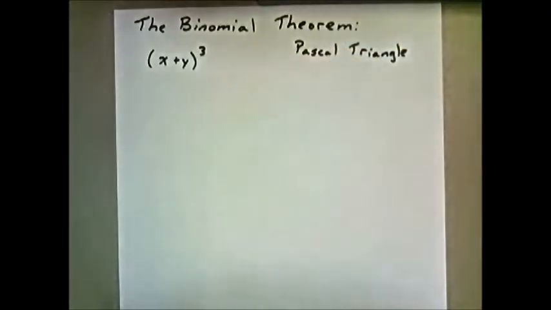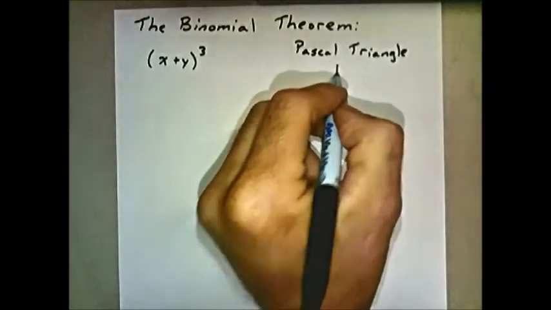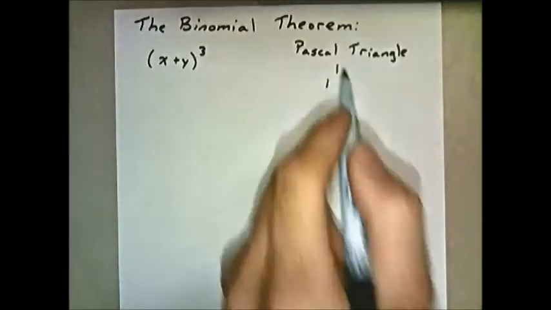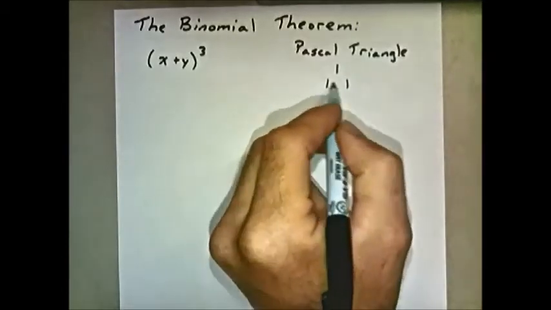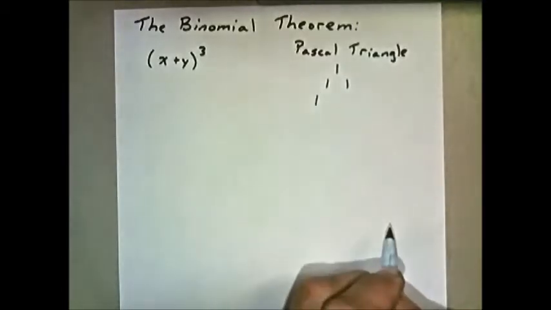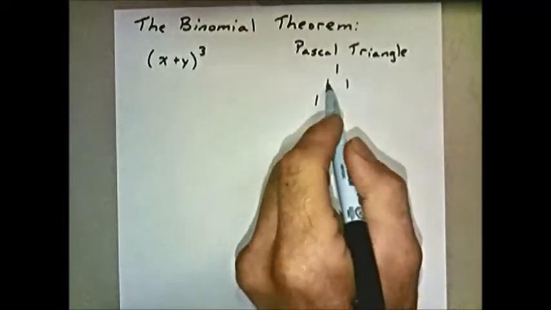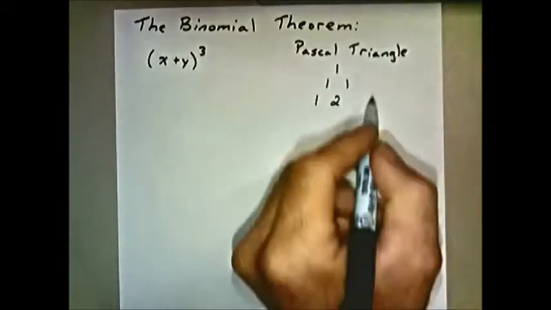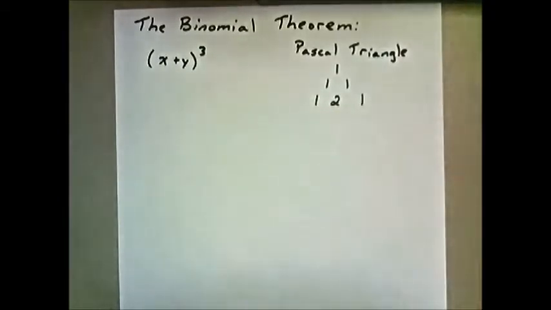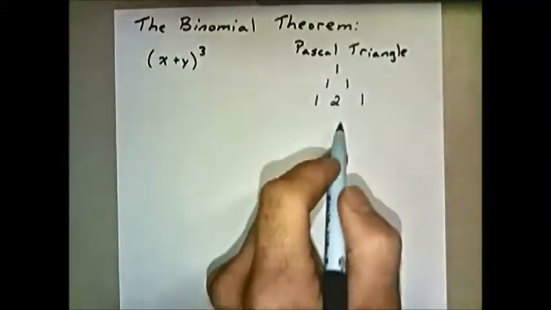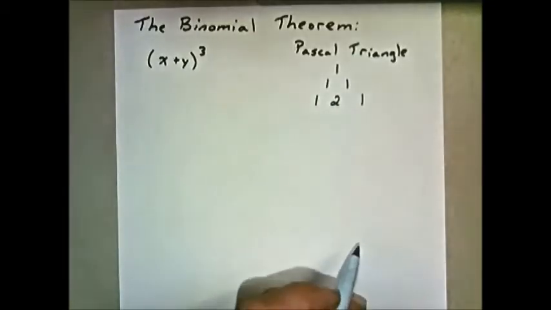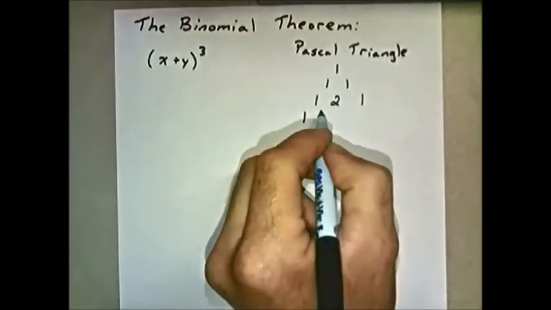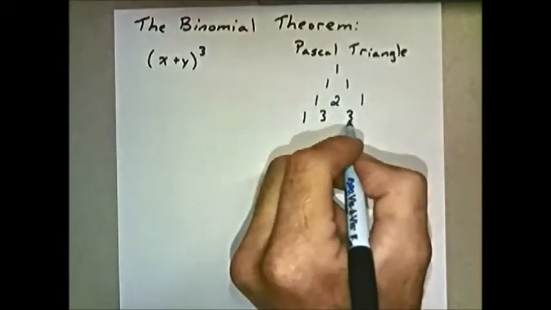And what he discovered was that if he placed a 1 and then 2 ones below that to form a triangle, to get the next row, he took another 1, added the 2 numbers above, placed that 2, so 1 plus 1 gives us 2, and ended it with a 1. Notice the triangle formation. To continue this pattern, we have 1 plus 2 gives us 3, 2 plus 1 gives us 3, and we